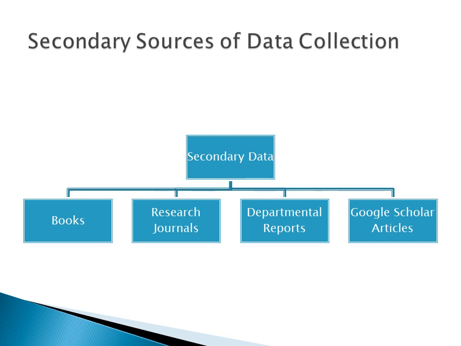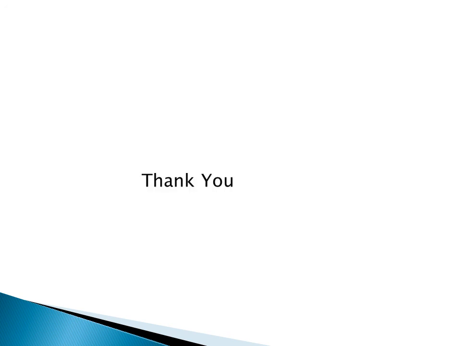Google Scholar articles, I write it separately so you can understand it. Research journals we sometimes consult in hard form, while Google Scholar articles we always search on Google Scholar, which is a website where we can type the name of the article we need and then write down the findings of that article. That is also a secondary source of data collection, which is very much required in every research, because in every research we have to do some literature review, and that literature is always collected from secondary sources.